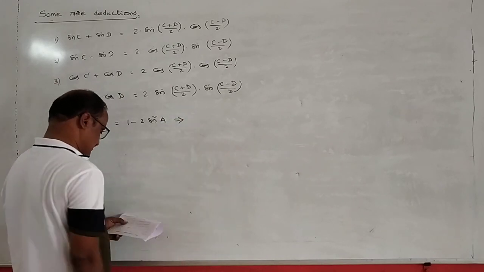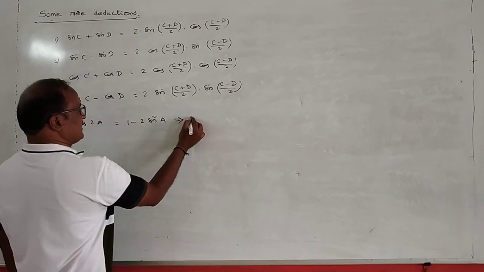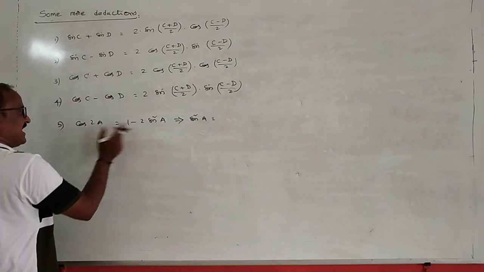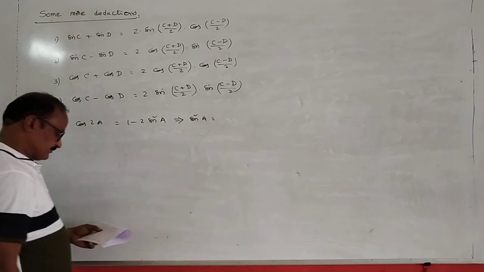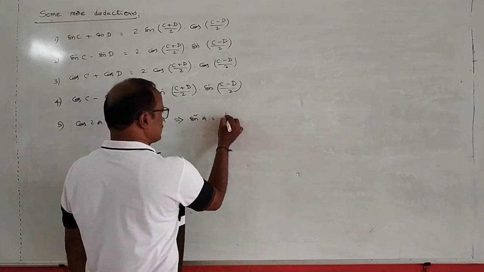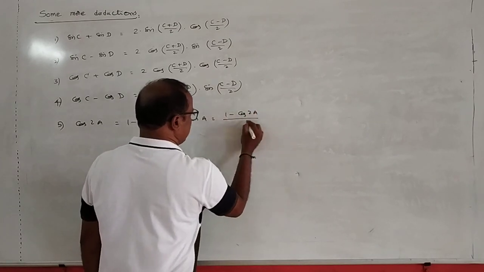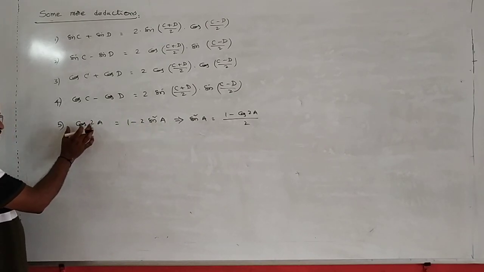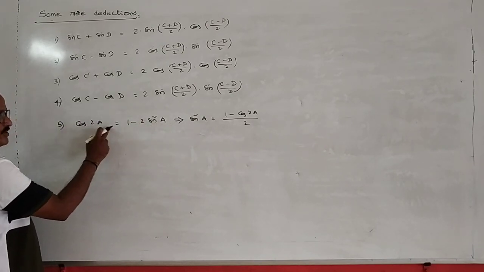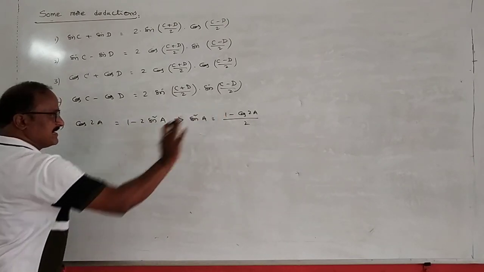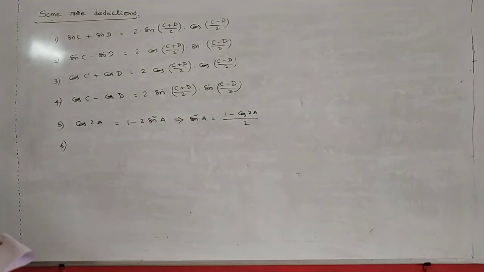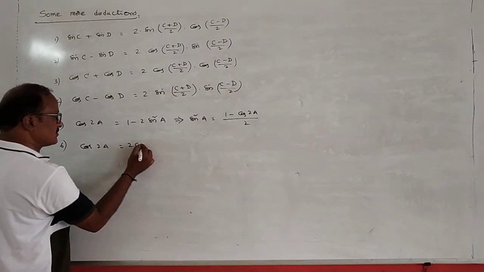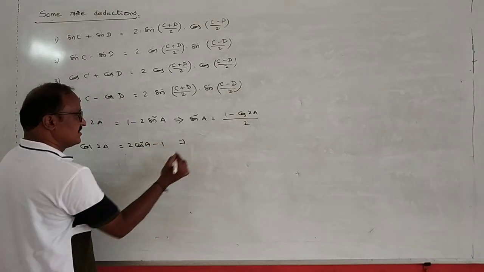From this relation, sin square a is equal to (1 minus cos 2a) by 2. So this is sin square a is equal to 1 minus cos 2a by 2. Already here 2 is a multiple, that is the by 2. Next again, cos 2a is also equal to 2 cos square a minus 1, and from this cos square a